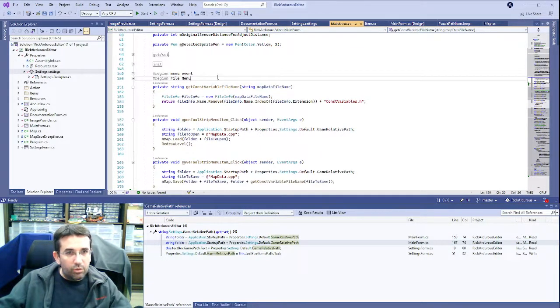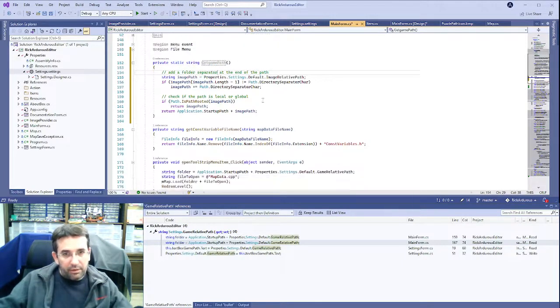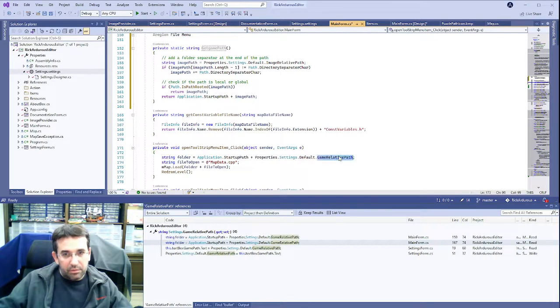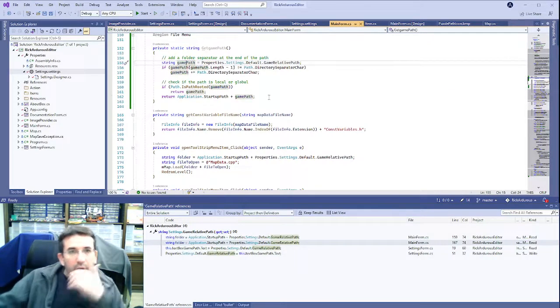I don't necessarily want to reuse a function. Game path, okay, so rename. Okay,